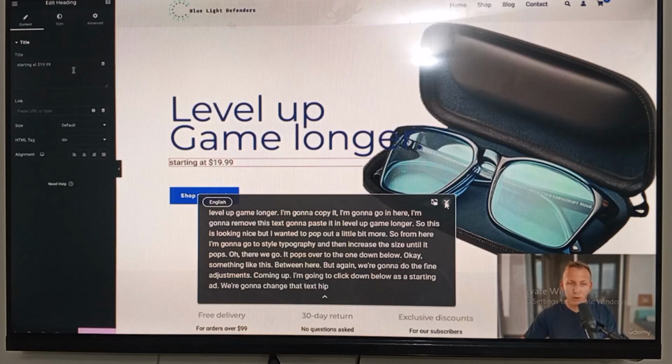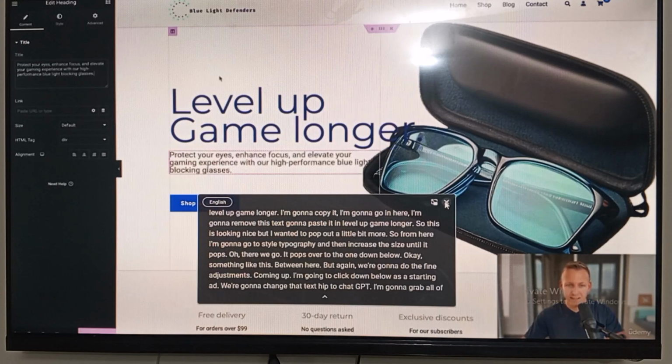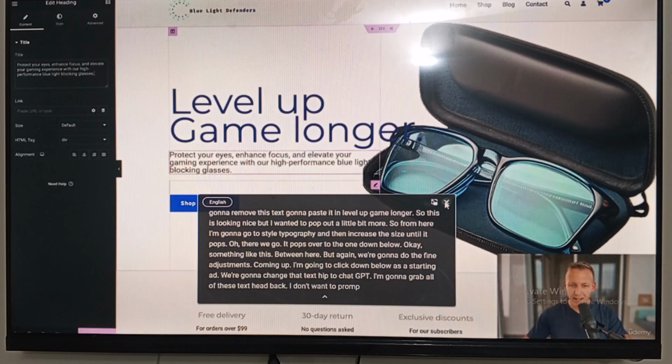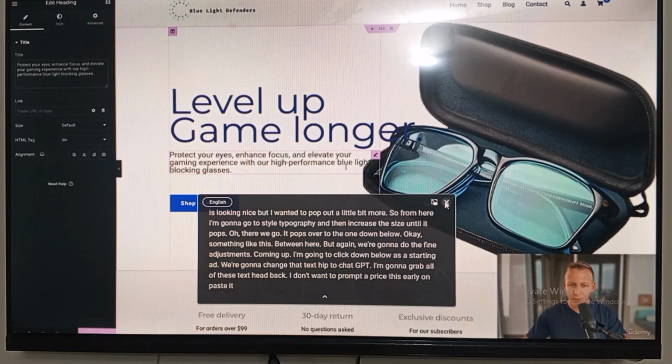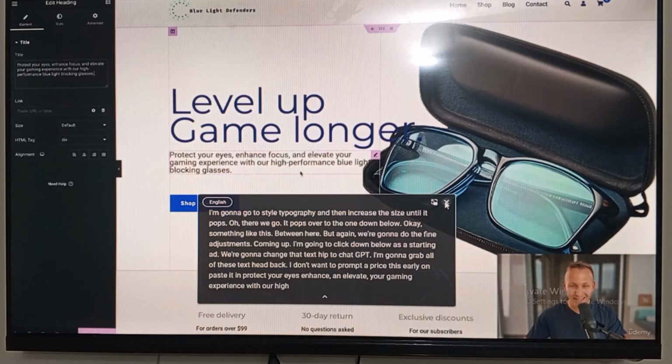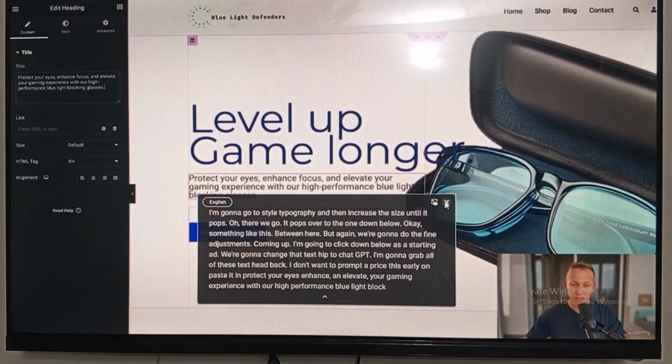I don't want to prompt it price this early on. Paste it in. Protect your eyes, enhance focus, and elevate your gaming experience with our high-performance blue light blocking glasses. I think that is sounding pretty amazing, to be honest. Super happy with that. So the next thing I'm gonna do is move down to the button here that says